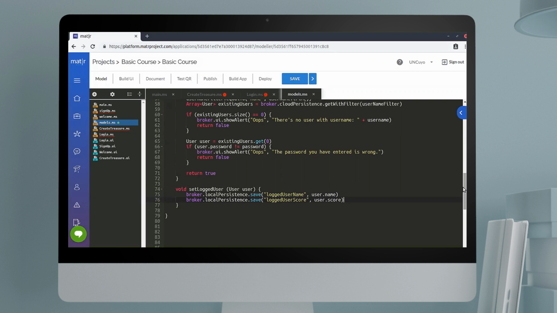Finally, we will save the password with the local keychain broker service. With this service, you have access to functions related to the encryption and storage of strings locally. From local keychain, we will use the save function. To this function, we have to pass as the first parameter the key with which we will store our value and, as a second parameter, the value that we wish to persist in an encrypted way. So, we will use the loggedUserPassword key to obtain the value of the password later. Broker.localKeychain.save(loggedUserPassword,